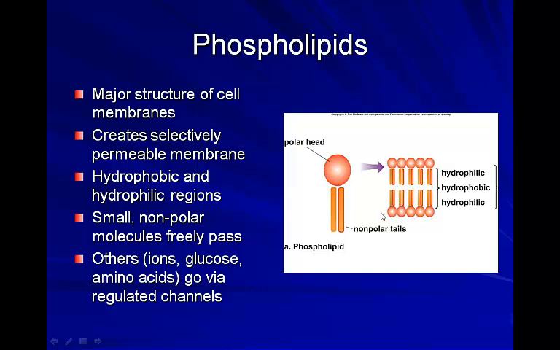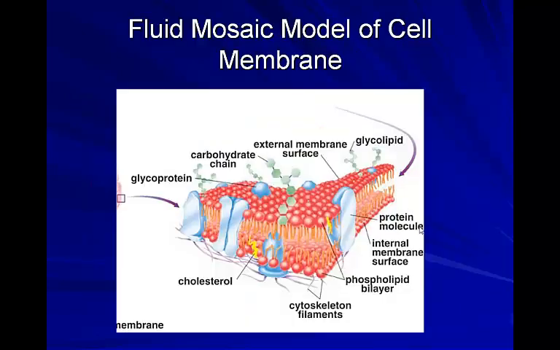The only things that can freely pass across the cell membrane are things that are extremely small and that don't mind mixing with lipids. So things like gases like oxygen and carbon dioxide can freely diffuse through the cell membrane. But things that are bigger or things that like to be dissolved in water, they don't like to go through here. They can still cross, but they have to go through gated channels or regulated channels. So things like glucose, different ions, sodium, potassium, amino acids, they can cross the cell membrane, but they have to go through regulated channels, which allows that characteristic of our cell membrane to regulate its internal environment and respond to the environment outside of it.